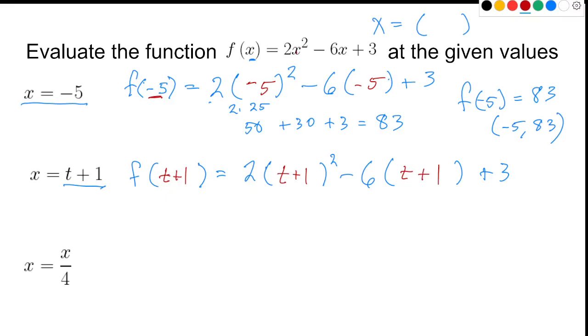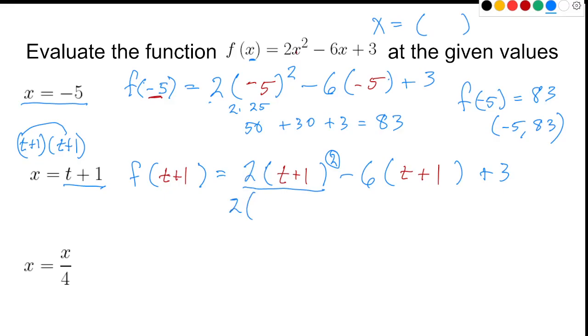And now we need to do the math. One of the things we notice is this first one, it's squared, so we have to FOIL out t plus 1. Maybe on our scratch work somewhere, we'll come over here. It's really t plus 1 times t plus 1, right? And we're going to need to FOIL that out. So that's going to give us